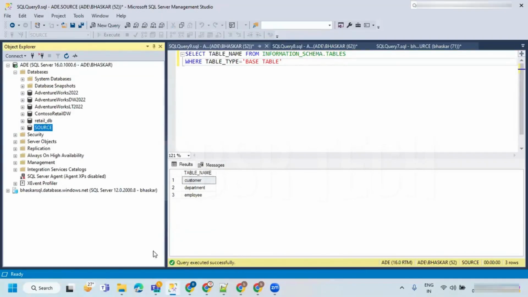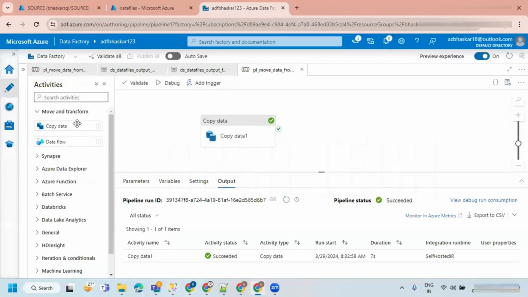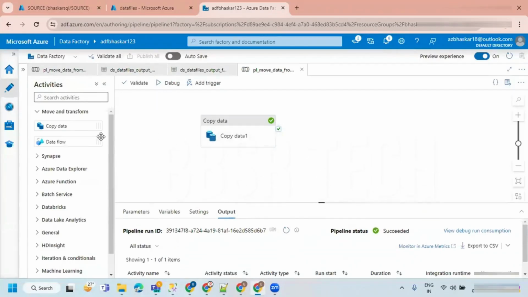Coming to Azure Data Factory, there we are setting these configurations. That is not chargeable, even if only setting up, right? When you're running it, that time you're using the resources. I already told you, when you're using resources, then there will be charge. So just having connectivities and all is not going to be charged.